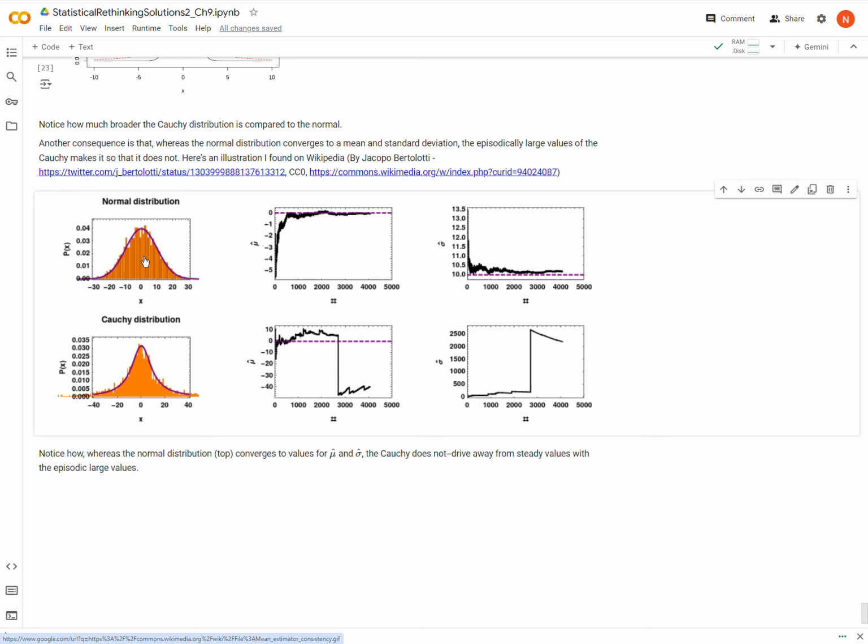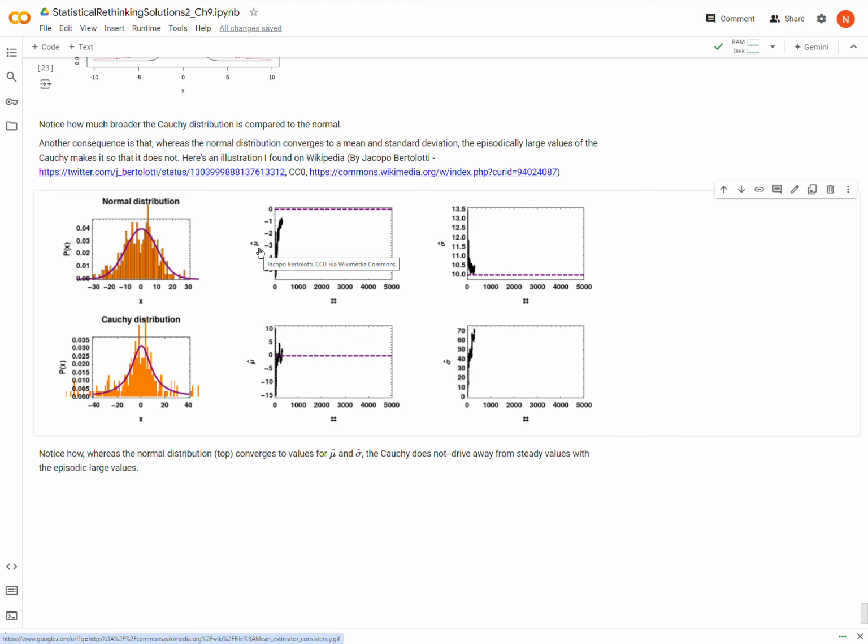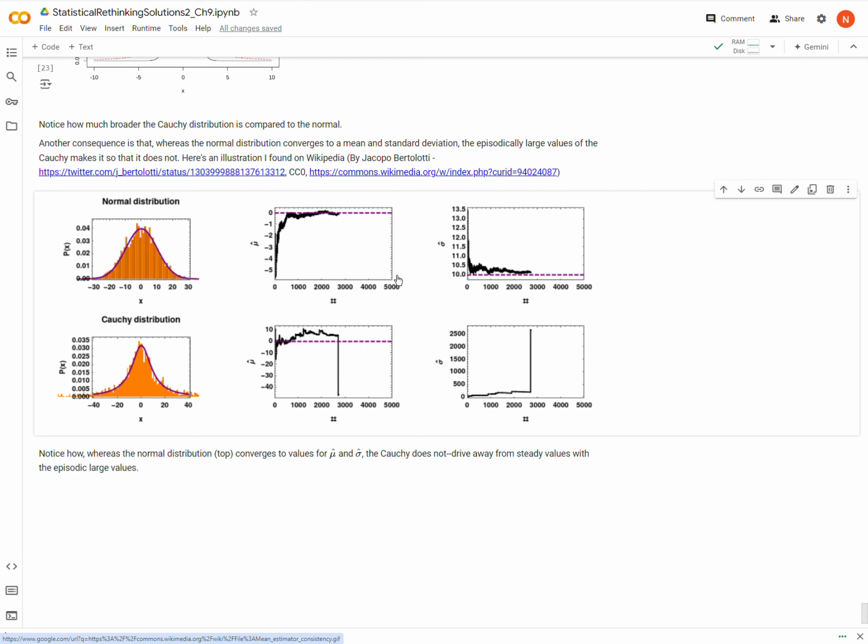Notice that as we're drawing samples from the normal distribution, the mean, mu hat, and sigma hat, or standard deviation, converge to some value here. I think these are both 0, 1 or maybe 0, 10 distributions, but it doesn't matter. The important thing is that the normal distribution converges over time, with many samples, to a particular value for each